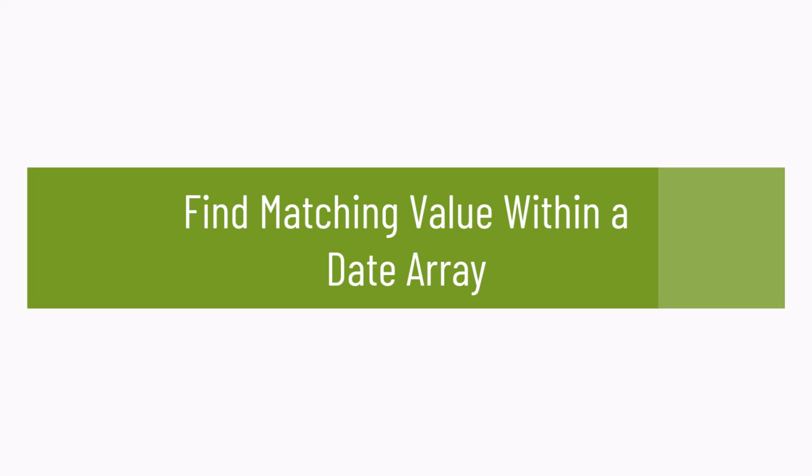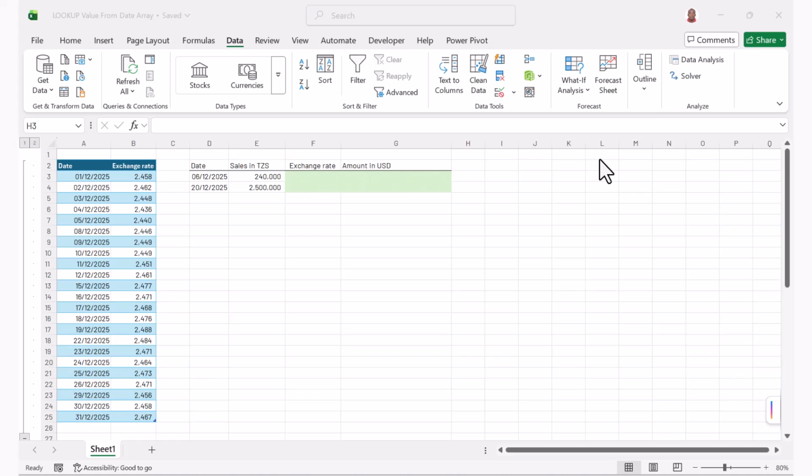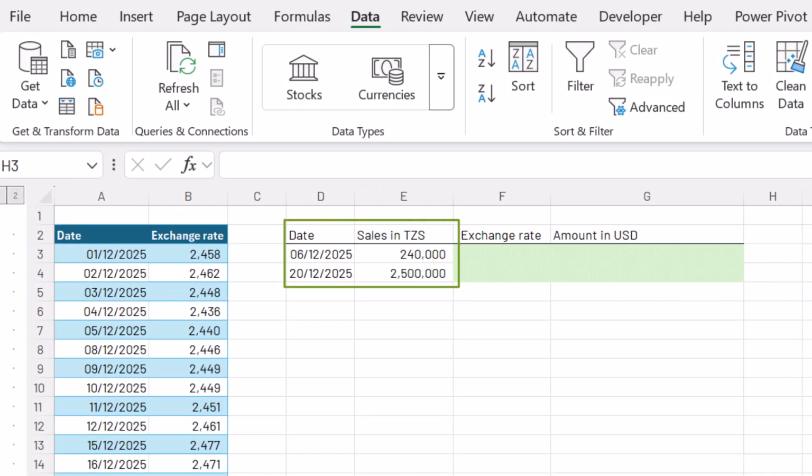Hello and welcome. Most of us have been using different lookup functions in Excel to find specific values in a table. The most common lookup functions are VLOOKUP, HLOOKUP, and recently XLOOKUP. Today I'm going to show you how the LOOKUP Excel function can be used to search a value in a date array. On the screen I have two sales items which are in TZS